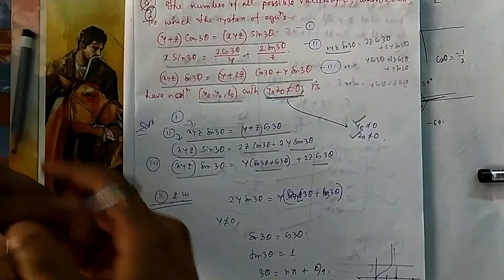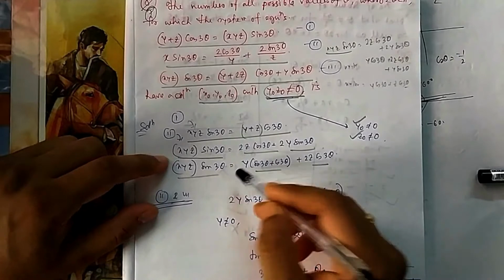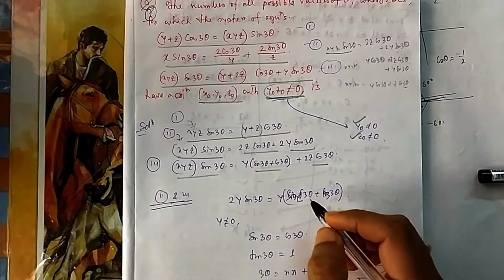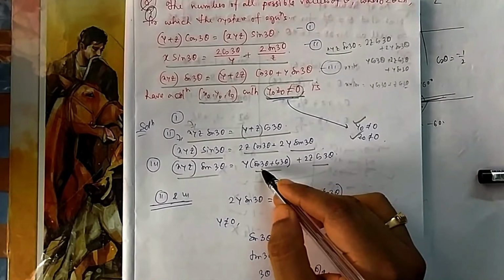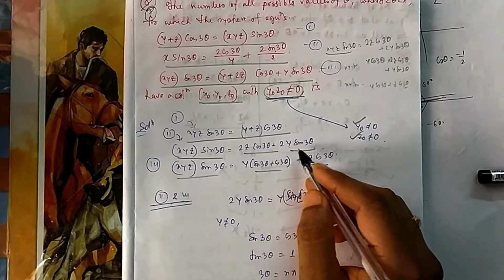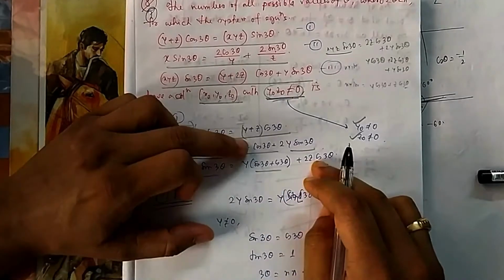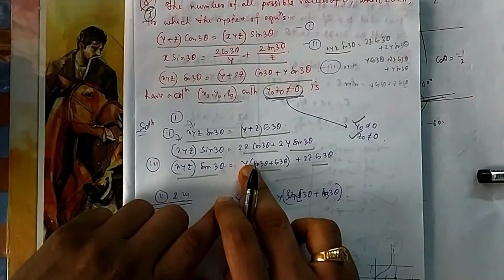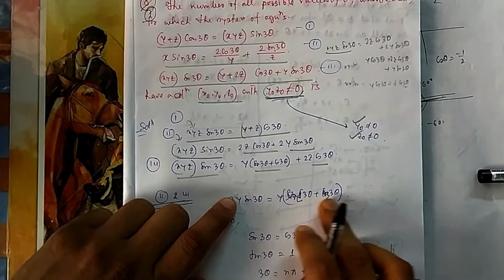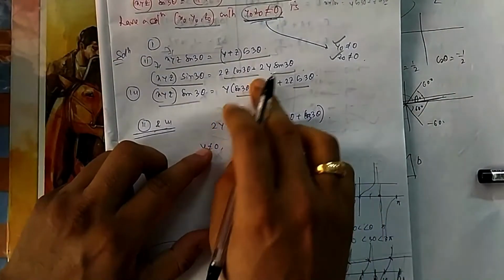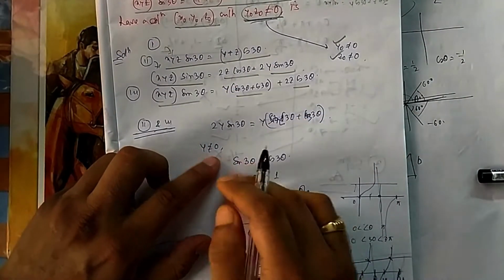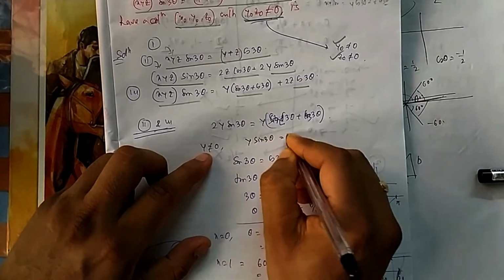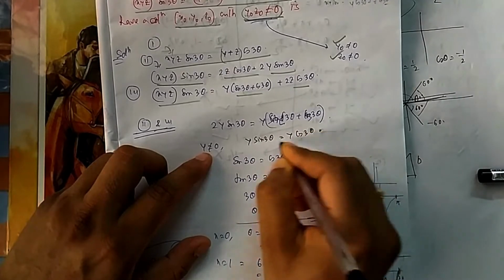So now from the second and third, if you deduct these two, then what will you find? This and this will get cancelled. So let me write it in this way. This and this will get cancelled. So what you will find? 2 sin theta minus this is equal to 0. So it will be y into sin 3 theta plus cos 3 theta. Or you can think 2y minus y will give you y. So y sin 3 theta is equal to y cos 3 theta, or minus this equal to 0.